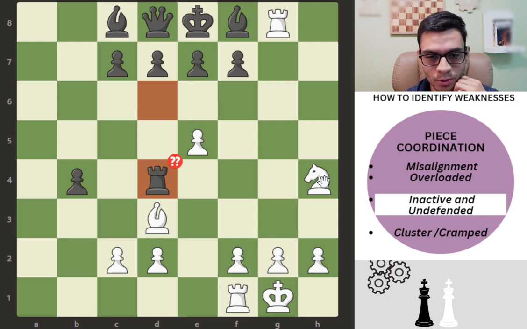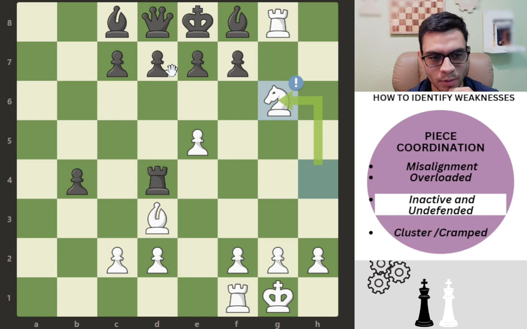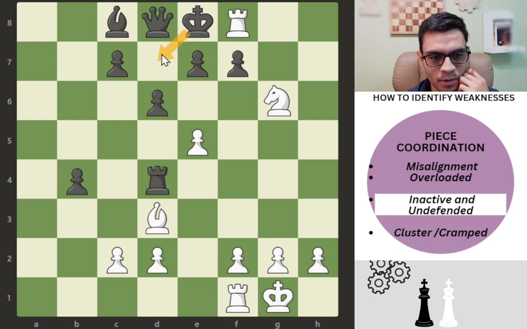Okay, I hope you saw it. So the best move is to go knight g6. Yeah, if the queen takes, now this is going to be checkmate, mating in 1, right? So yeah, this is the move. What black has to do actually is to go knight d6, and then yeah, this is going to be very